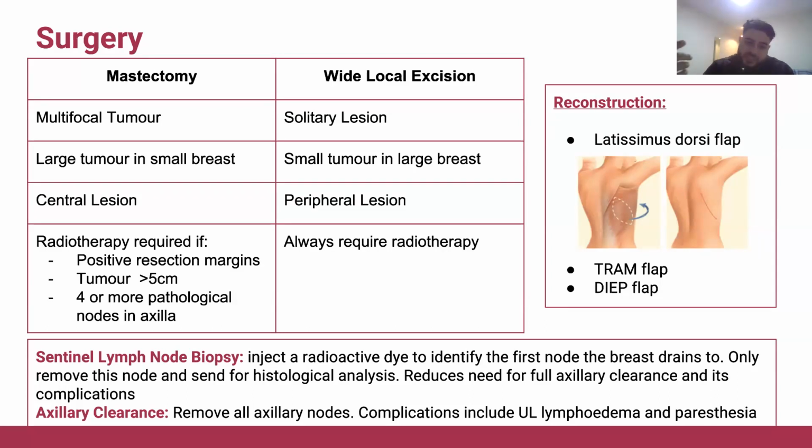But the complications of an axillary node clearance would be things like lymphedema. So they may give you an SBA where someone's had axillary lymph node clearance following mastectomy or a wide local excision, and the patient's now presented with a swollen arm. They're presented with a swollen arm because the lymph node fluid can't really drain properly because you've removed a lot of the nodes.